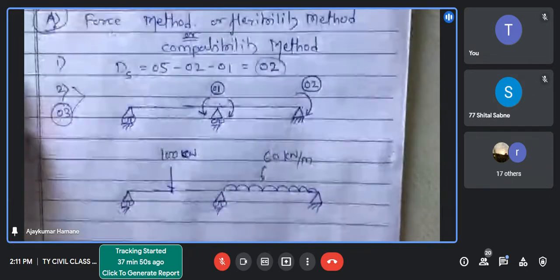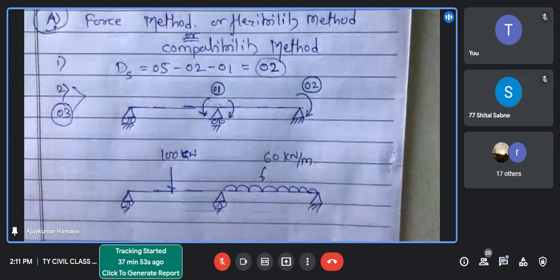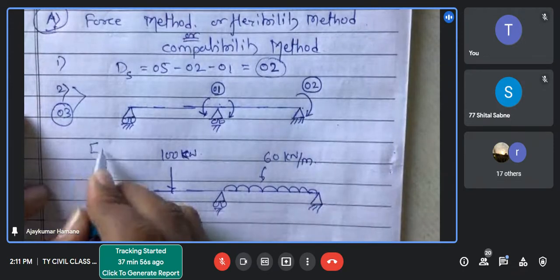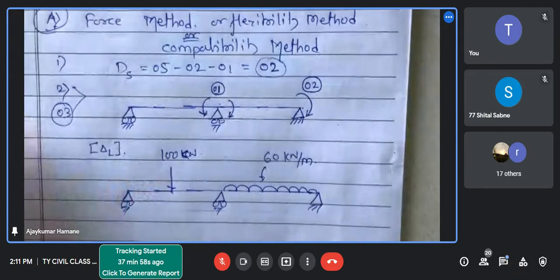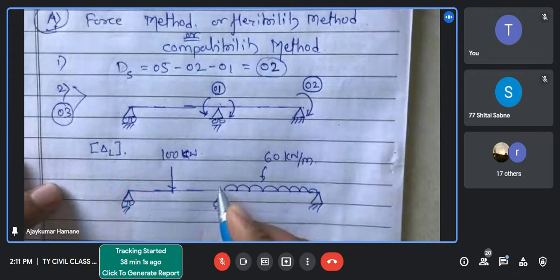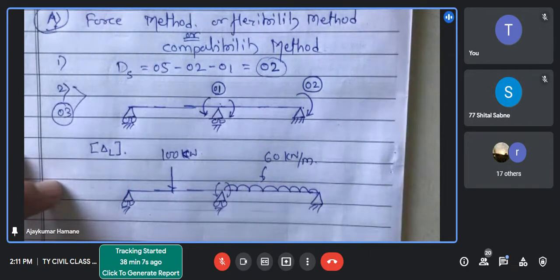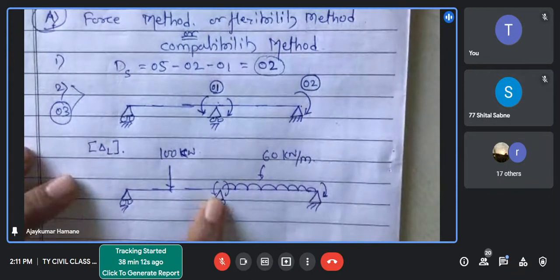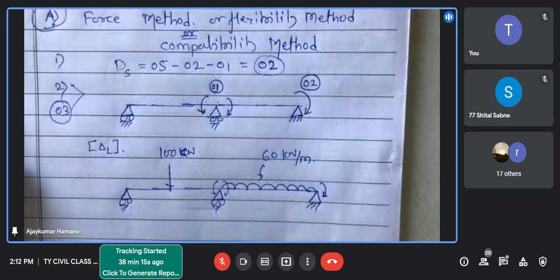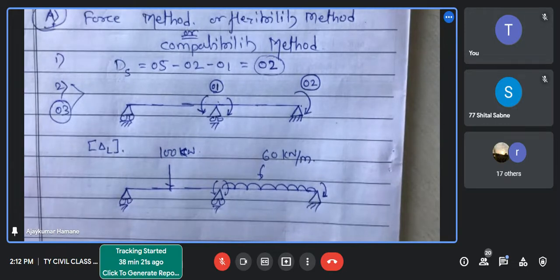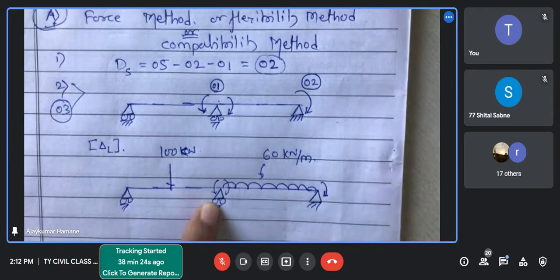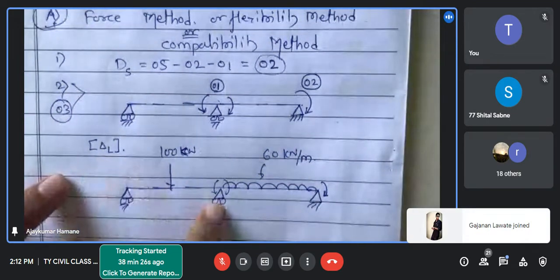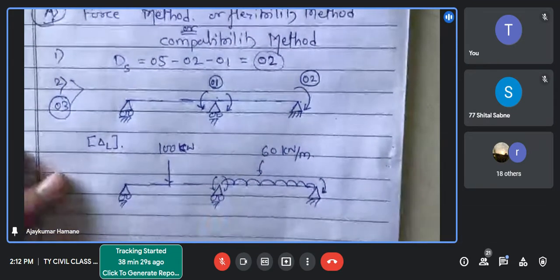Now, listen carefully, it is very important. Determine delta L, that is the displacement at the coordinates. This is the coordinate we have chosen, due to the applied loading. Now what is the displacement due to the moment? It is rotation. In the first lecture, I explained this in the flexibility and stiffness introduction. So moment gives us rotation. That means whatever the rotation is there, that is the displacement along coordinate 1. Correct, students?